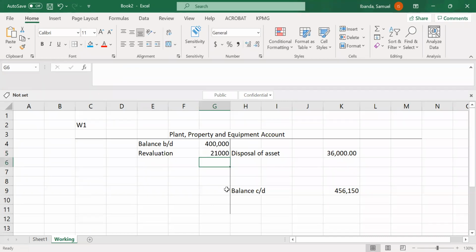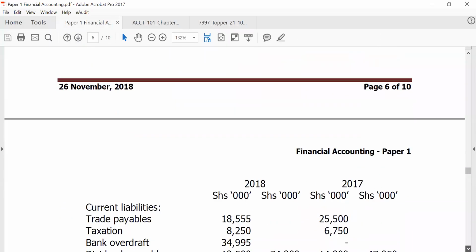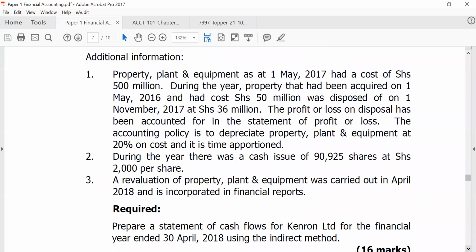21,000, that we have calculated the difference between the beginning and the closing value of our revaluation. So that is one of the things that we basically have there. So we've brought in that. Now, we also have to go back into our narration. We are trying to look for all information that relates to PPE that we have been provided, so that we can take into consideration